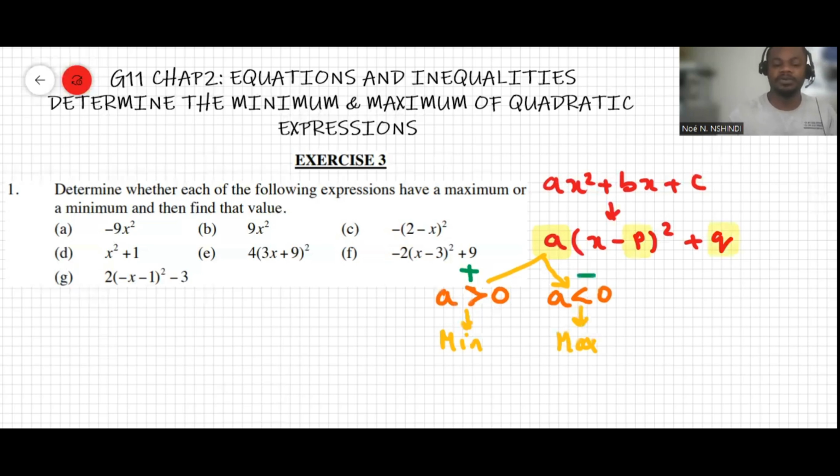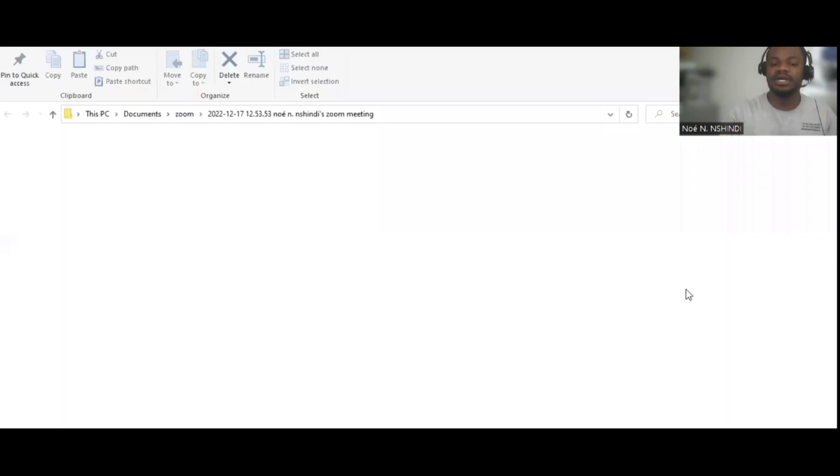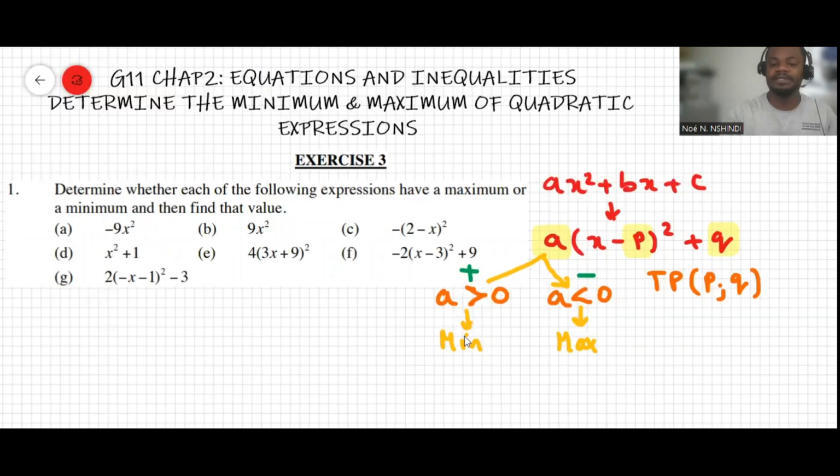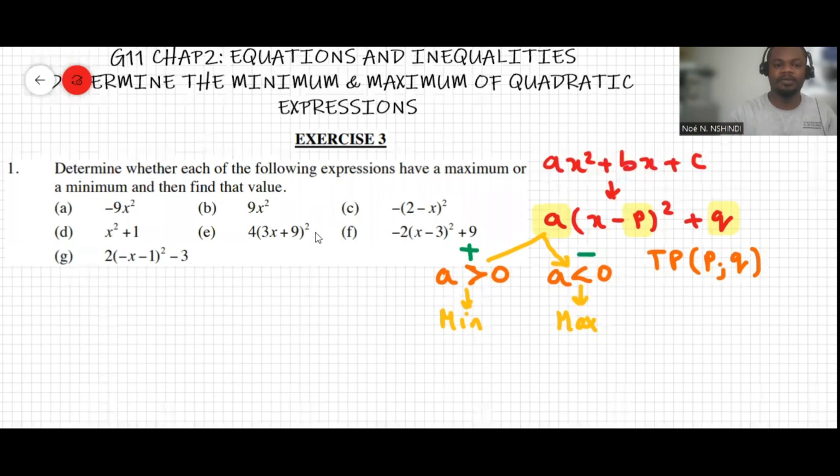Now the p and q here determine what you call the turning point. So the turning point is (p, q). This tells us the coordinates of the point, which is either a maximum or a minimum. Now let's dive into the exercises. Now question 1